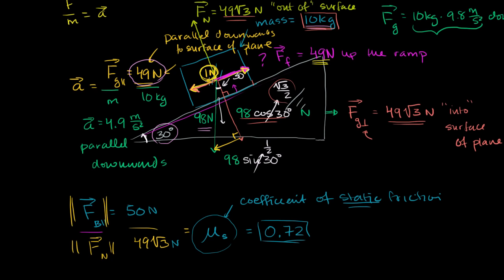Then maybe I applied half a newton. And so the total force in the downward direction would have been 49.5 newtons. But if it still was not moving, then the force of friction was still completely overcoming it. So the force of friction at that point must have been 49.5 newtons, all the way up to the combined force in the downward direction being 49.999999 newtons. And then the force of friction was still 49.999999 newtons, all the way until I hit 50 newtons,